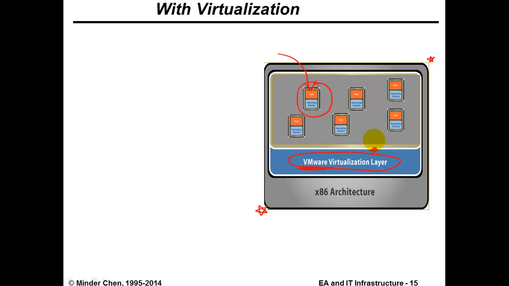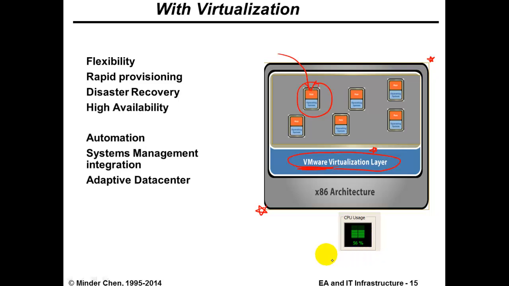So in terms of provisioning, it's really convenient. The administration is convenient, and the fluctuation of demand for various applications evens out among those application servers. So to some extent, you can utilize your computing facility with a higher utilization rate. Here we mention flexibility, rapid provisioning, disaster recovery, and high availability. We can automate the deployment of a new server based on the existing configuration, just by copying an image file.